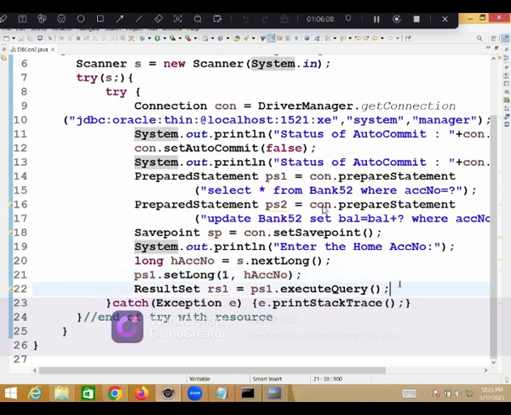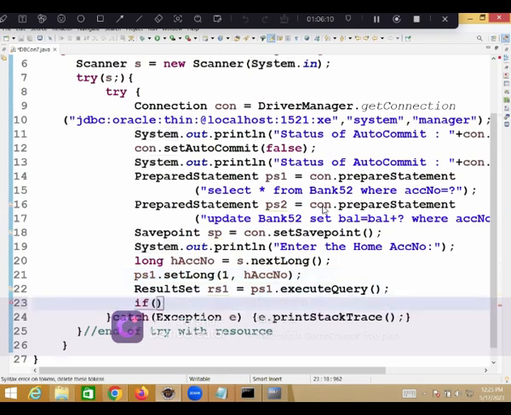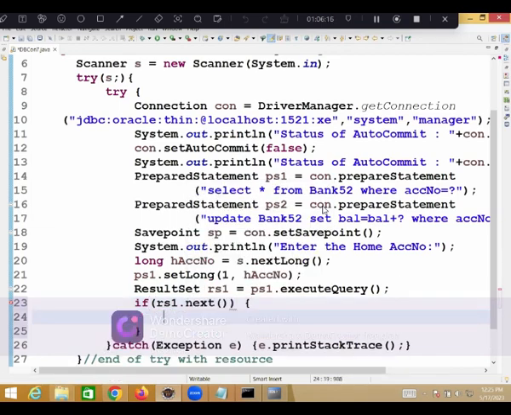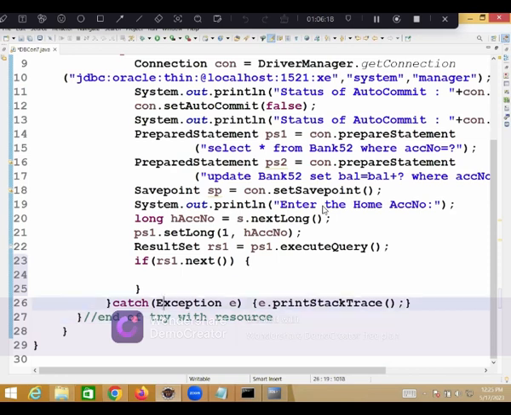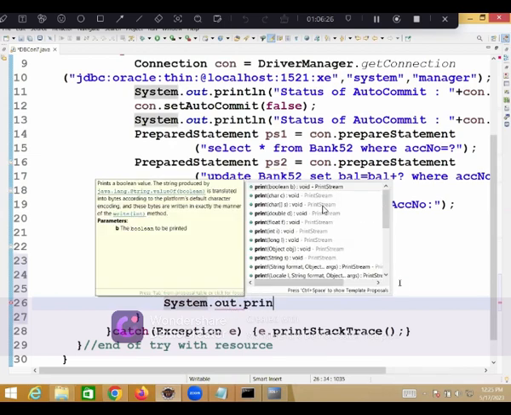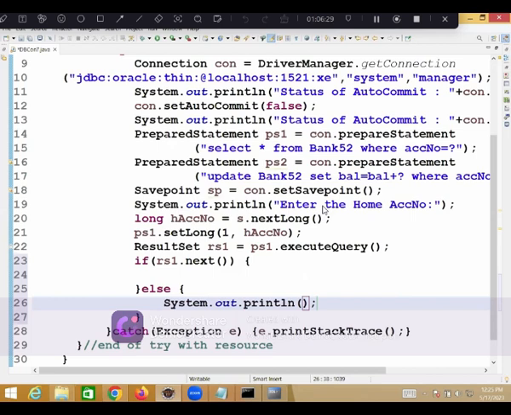Now RS1 dot next. If it is a single record, you use if condition. If multiple is there, you must use while. Else you can say system dot out dot println invalid account number, what you entered. If it is a valid account number, true now, in that valid account number, record available there. In that record,